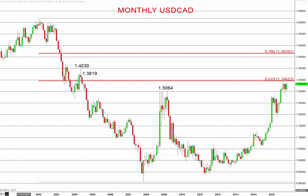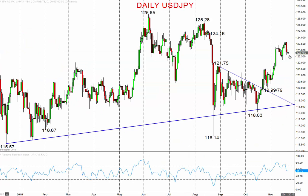If we look at the Japanese yen now, US dollar, Japanese yen, a slight setback on Thursday last week, going into the end of the week, and then a consolidation on Friday. But the market had this strong recovery rebound, having had that previous setback, and the underlying rally in here,